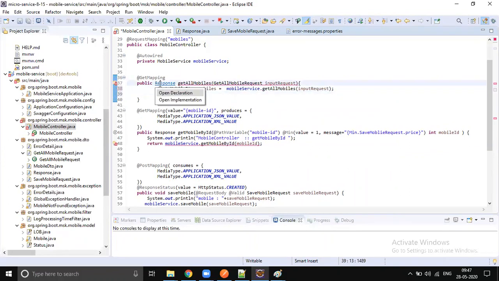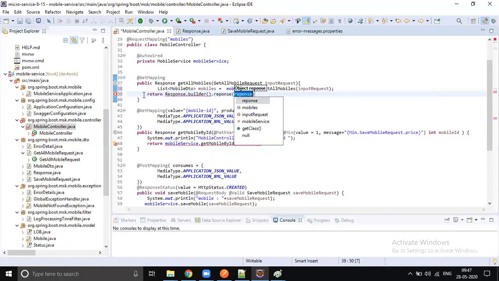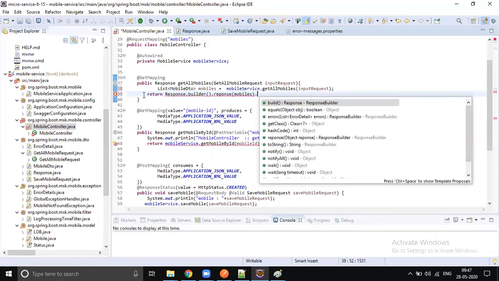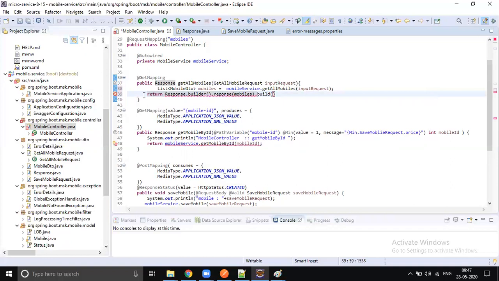I think response is a builder. Yes, so let's do something like this. Return response.builder().response(mobiles).build().